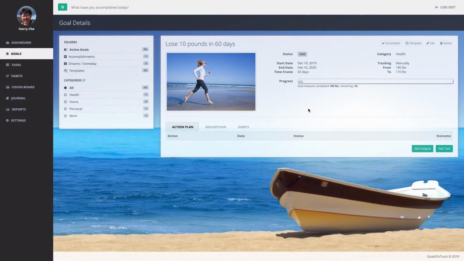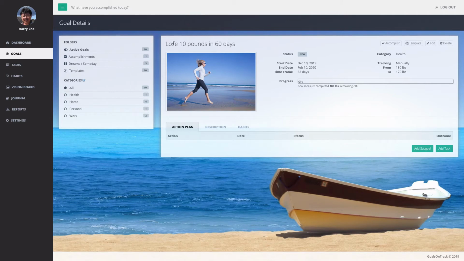Okay, so now we have this goal. It's just a very top level, big picture goal. We want to lose weight, but we don't know how to do that, right? So to further break it down, if you really want to make progress on this goal, we need to define a few sub goals to break it down into smaller goals, so it's easier to work with. And for this sample goal, we'll just say,